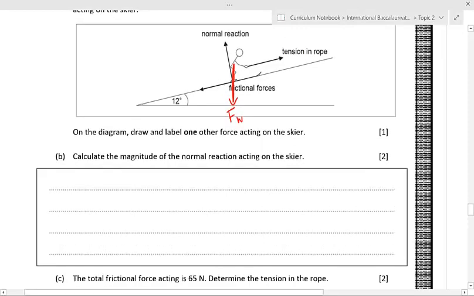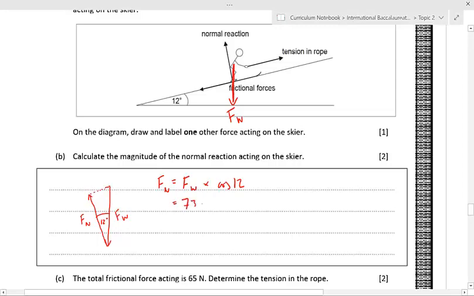Calculate the magnitude of the normal reaction force acting on the skier. Okay, so the normal reaction force, if we draw a little vector diagram here, we have F weight, and this is the normal reaction force. And we'll draw a little line to close that off. That line would be at the same angle as the slope. This angle here is 12 degrees, and this is the normal reaction, Fn. So Fn is going to be equal to F weight times cos of 12, which is equal to,